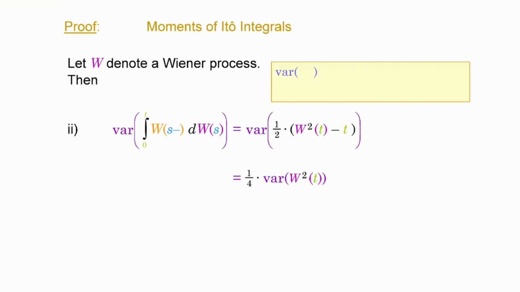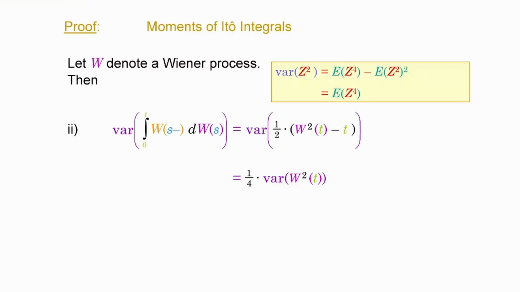So I want to recall that the variance of a random variable, any random variable, even if it's a square, is going to be the expectation of its square minus the square of its expectation. The square of z squared, however, is going to be z to the fourth. So that is going to be the fourth moment of z, in this case, if I'm referring to z, minus the square of the expectation of z squared, which is here. And the expectation of the square has something to do with the variance, by the way, because the variance is the expectation of the squares minus the square of the expectation. So I'm going to substitute by that.